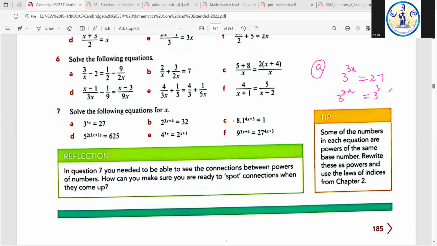Now you see both the numbers have the same base, that is 3. So now we can equate their powers. That means the power 3x will be equal to this power. The powers must also be equal. So now this becomes an equation. So the value of x is 3. Shifting this 3 to the other side,